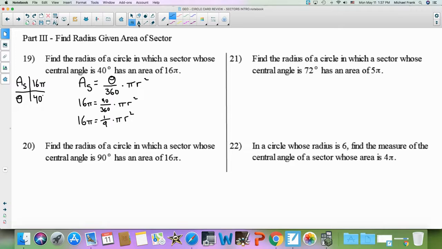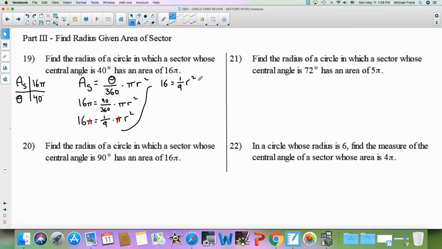Now, I told you last class a good tool to use when you're solving these complicated equations is that if you have a constant on both sides of an equation and it's just a product, as this is, we can actually cancel out the pi's, pi on one side and pi on the other side. And then I'm going to rewrite this over here. 16 is now equal to 1/9